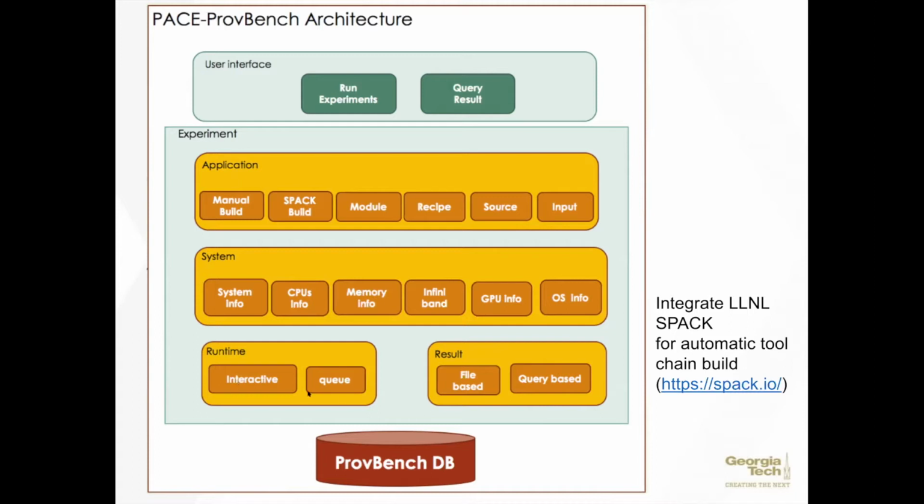For the runtime, we want to support both interactive runs and queue runs. This is very common in an HPC center. We have to allow users to run the test in two different ways. And the system component is very important for performance comparison tests, because we often have exactly the same input file and exactly the same software stack, but they behave differently even on the same hardware. So we need some information to understand why that happens. That system information needs to be captured during each test we run so that we can do the comparison in the future. For the application,